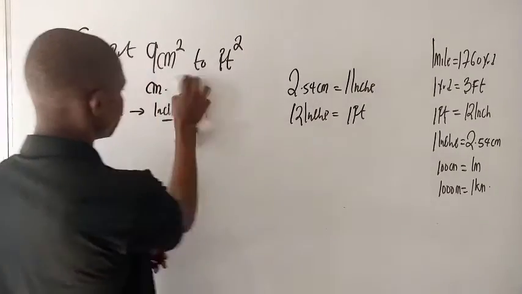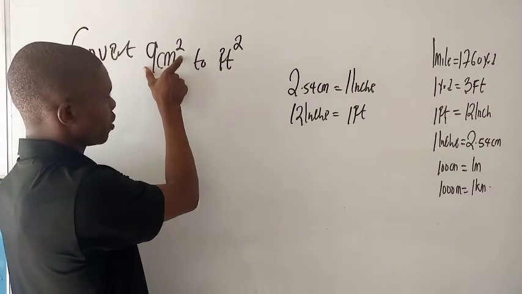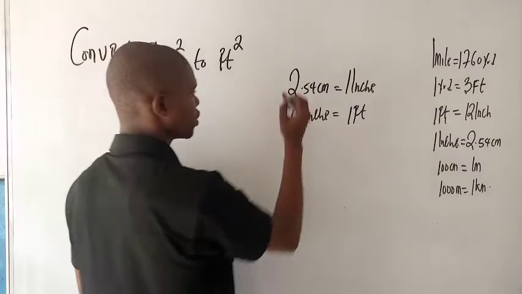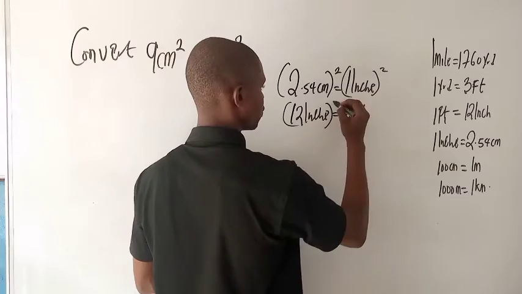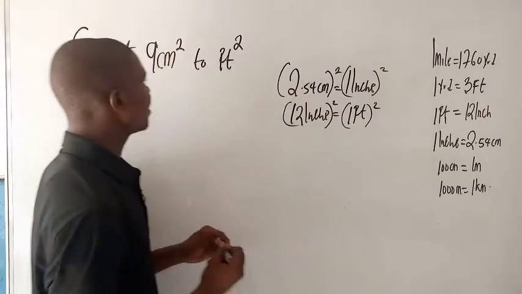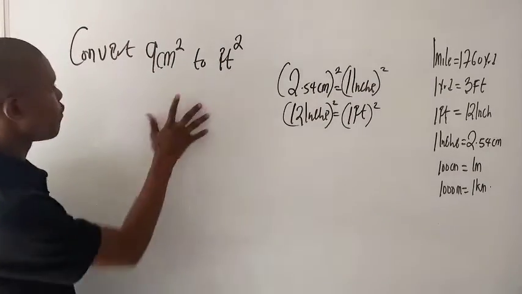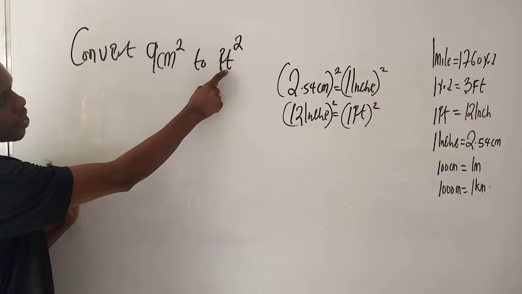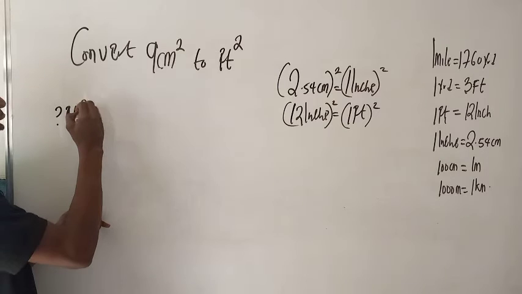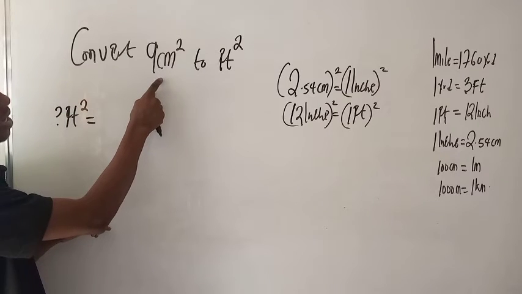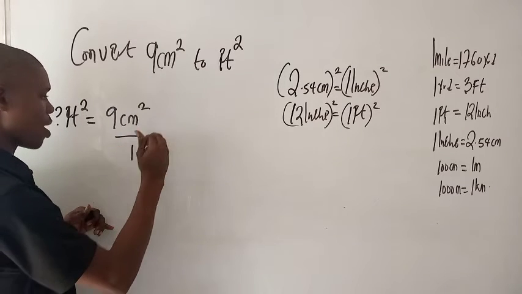The next thing to do is to introduce the square here, because the question has a square. Just introduce the square on each of them. If it were cube, we would have cube. That's the only difference. Let's convert it now. Remember, our final destination is feet square. So we are converting to feet square equals what we are converting, 9 cm square, over 1, times